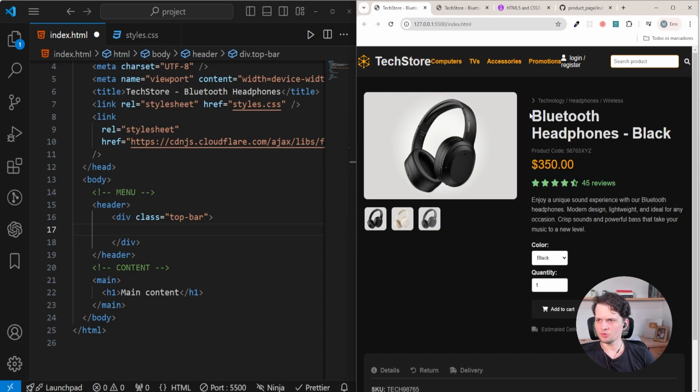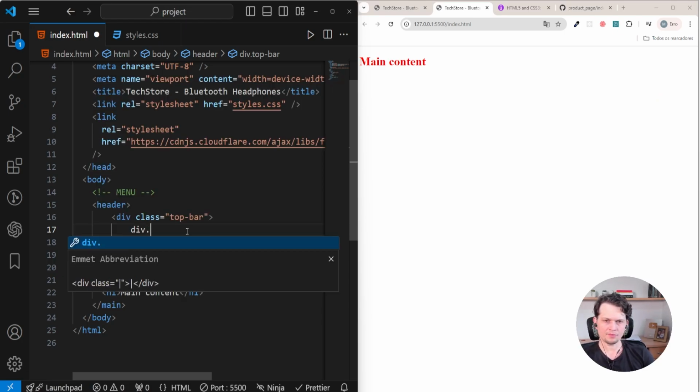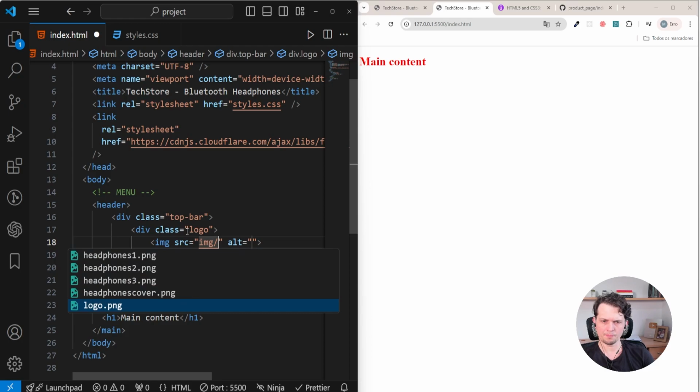So our menu is a little messed up because I haven't done the adjustments for this resolution here. Okay, but as you can see, we have 3 main divisions here: the logo, the links, and this search bar. So we can achieve this by creating a div with the logo class, and here I will add the image, so we can grab the logo PNG image,